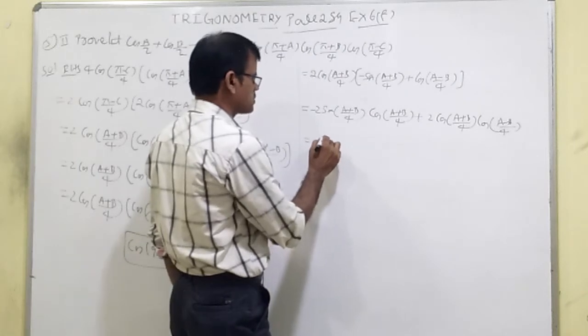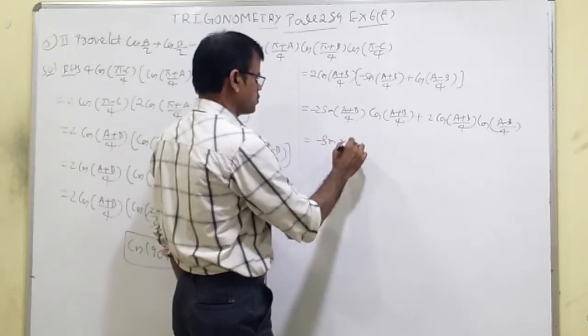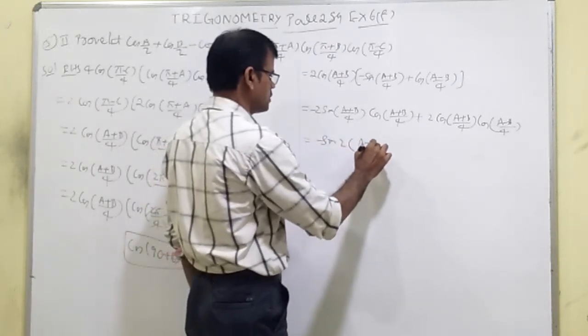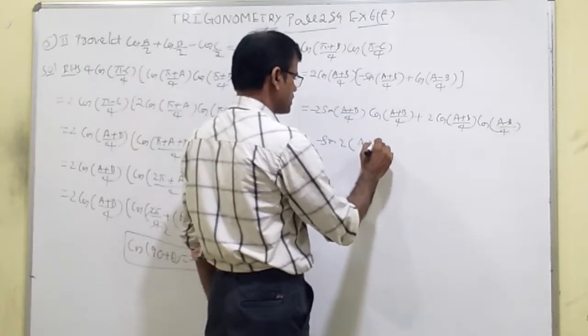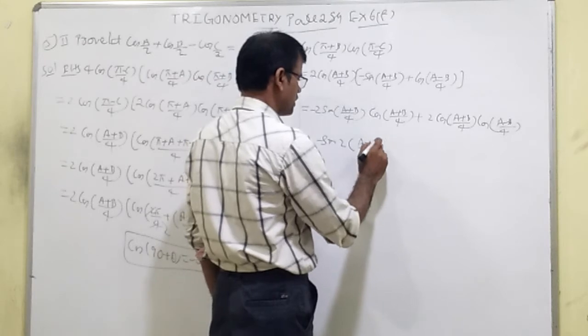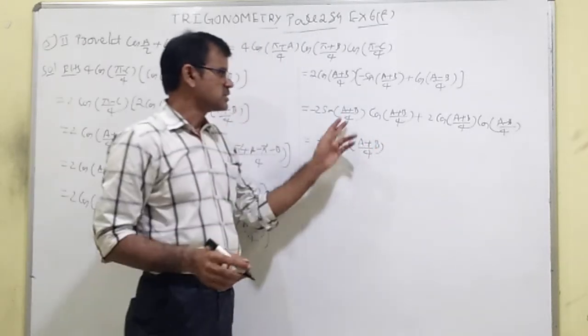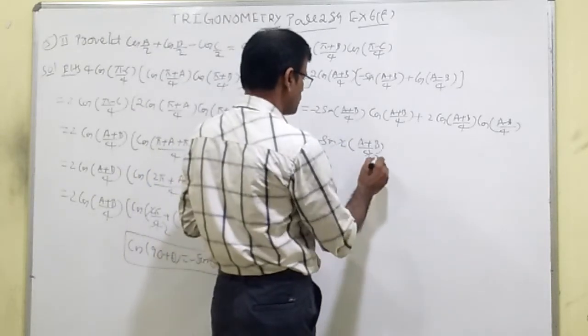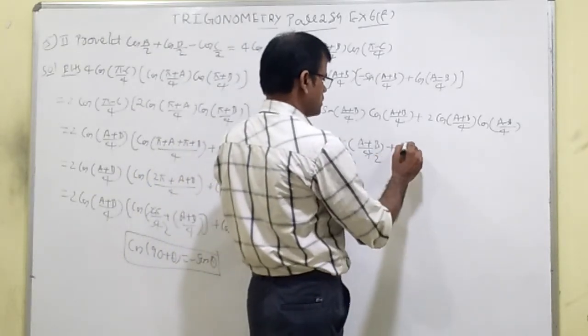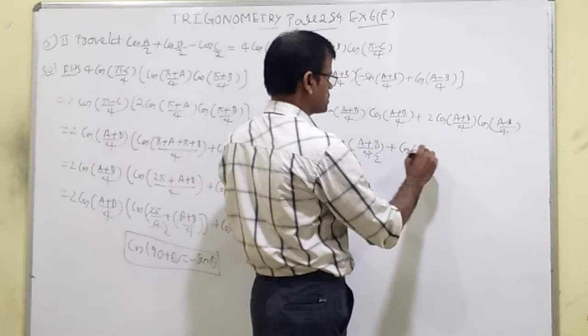This is the sin 2a concept. So minus sin 2 into (a plus b) by 4. In the same model as the previous one, I am writing it, which is why I am not writing the formula. This is the 2 sin a cos a concept. So sin 2a, sin 2 into this is 2, plus this is the 2 cos a cos b concept.